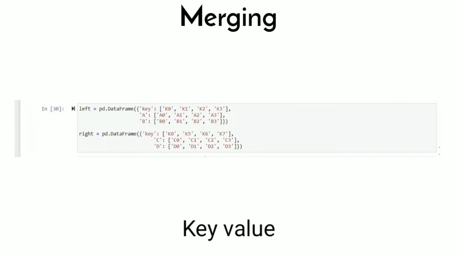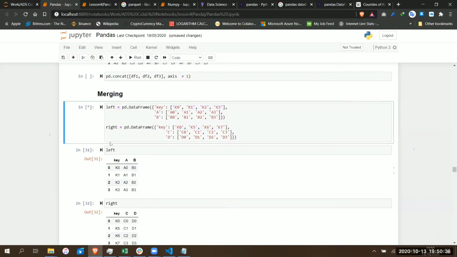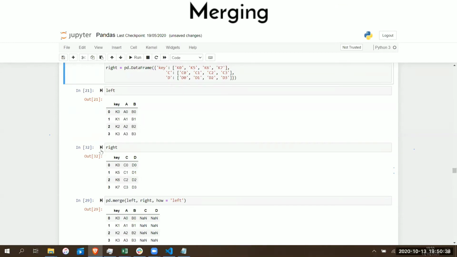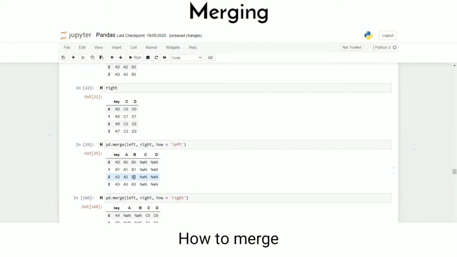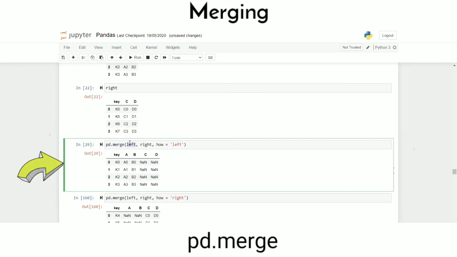So if we take a look at the key specifically in left and right, we can see one value is common, KO, regardless of the fact that the column names are different. So when you tell it to merge, we can tell it how to merge. What should it focus on, or which column should it focus on, and add the values of the alternative column. So we can call pd.merge left to right,